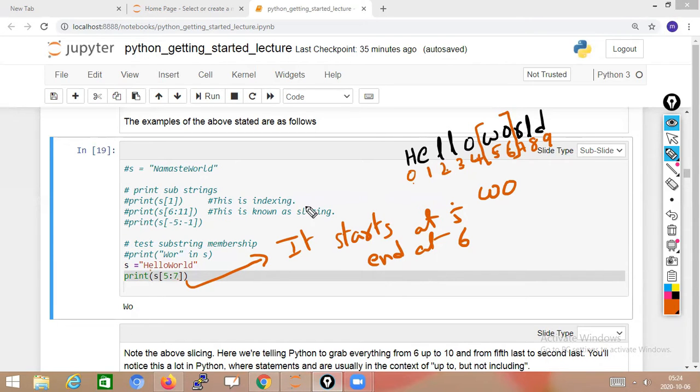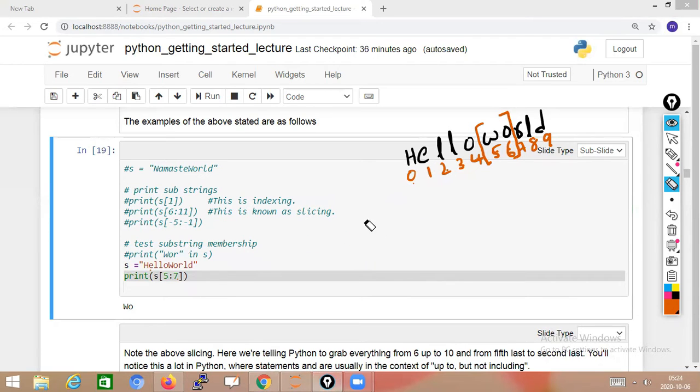Next, we'll see slicing with negative integers, slicing in another manner. Listen to this point carefully.